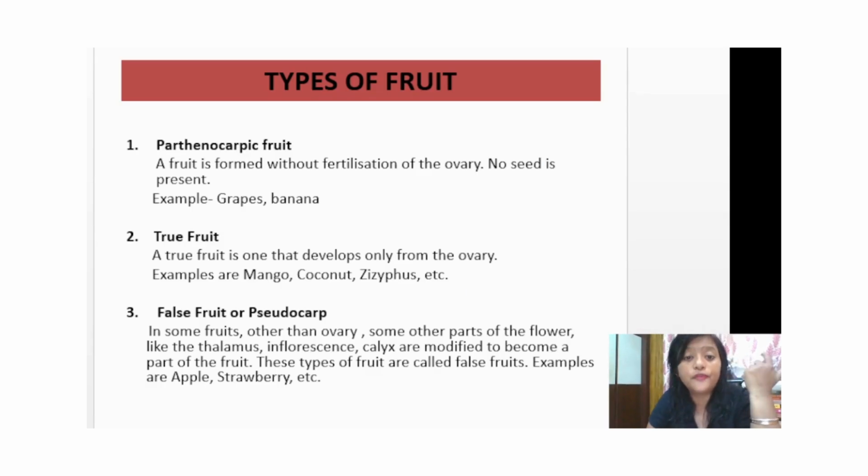So now what are the types of fruit? Basically there are three types of fruit: true fruit, false fruit and parthenocarpic fruit. When a fruit develops only from the ovary part, it is known as true fruit. Now sometimes what happens, other than the ovary, a fruit may be formed from the other parts of the